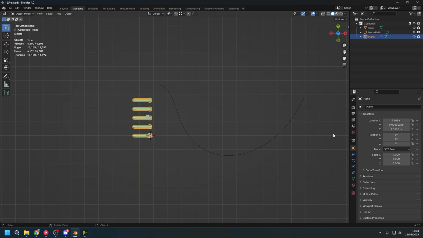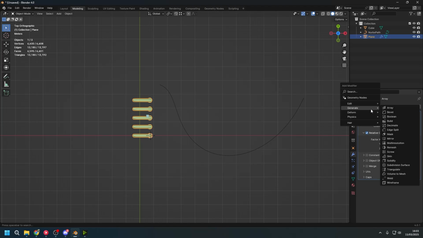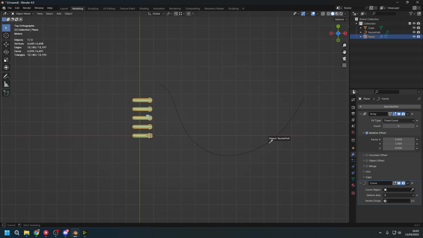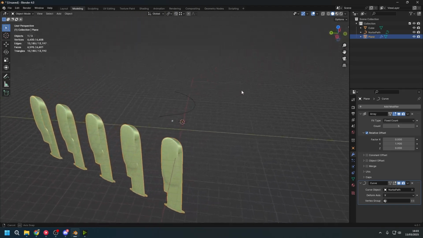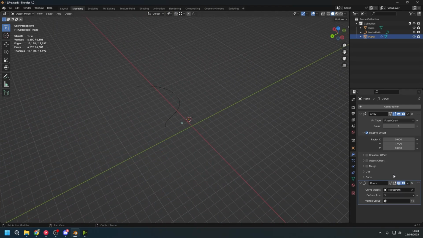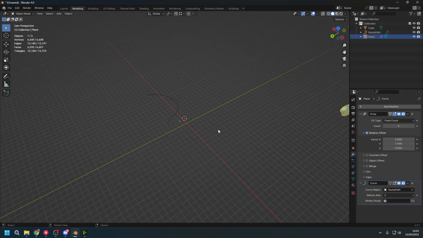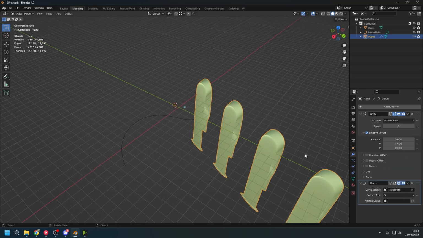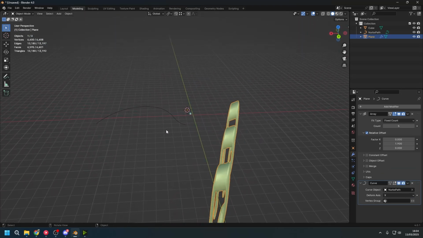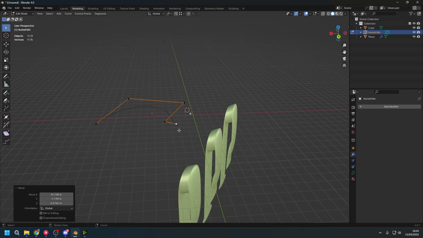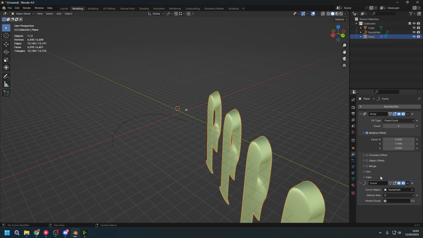And what we can do now is come back to this modifier and type in curve. We'll click on our curve. And it does some funny things, but not to worry, we can change the deform axis. Sometimes it changes, other times it doesn't. It's kind of finicky on how this works. So when this happens, and it happens a lot,